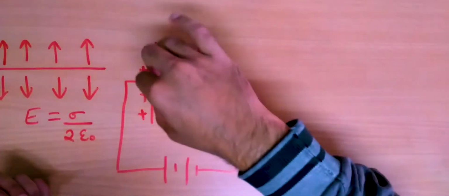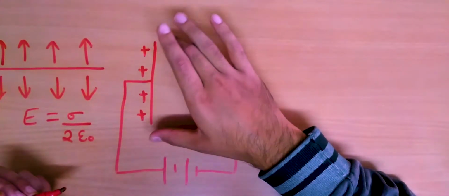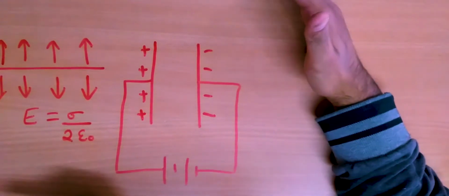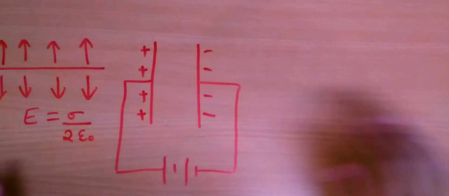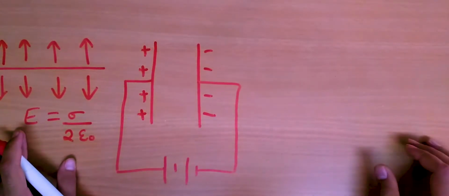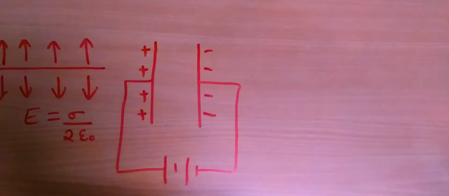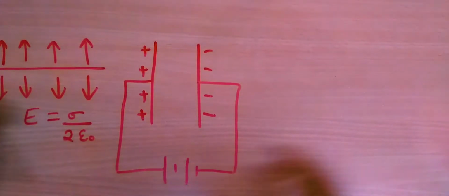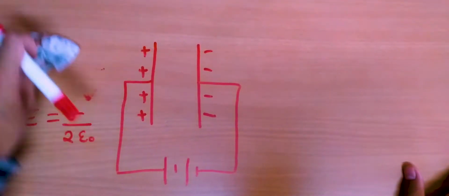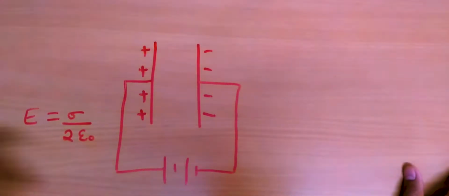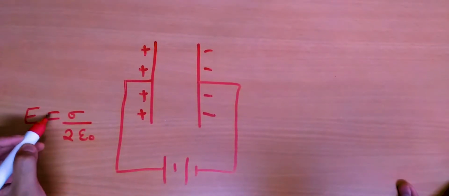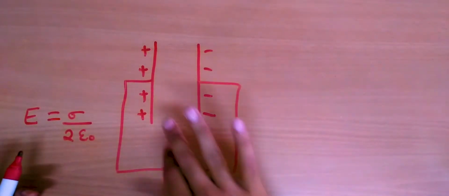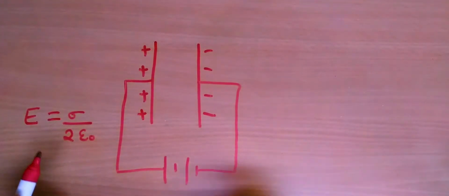Perfect. So what I'll be doing is using this expression for these two plates. Obviously these two plates are not infinitely long, so there is some approximation, but this approximation holds good for many cases. So yeah, let's use it. I hope you remember that because the electric field is uniform and there is no variable here for distance, it means that this electric field does not depend on the distance from the plate, right?